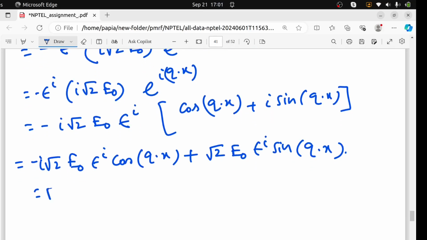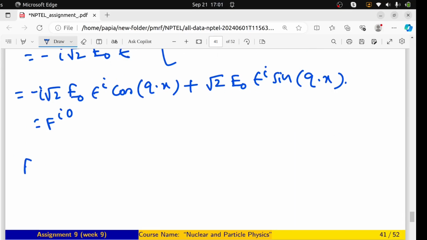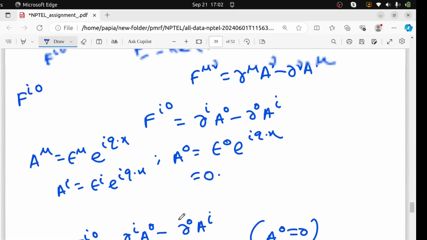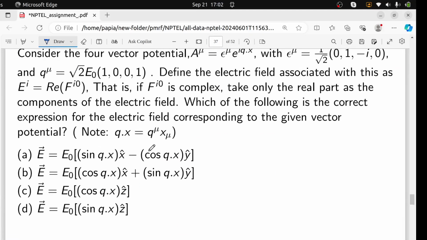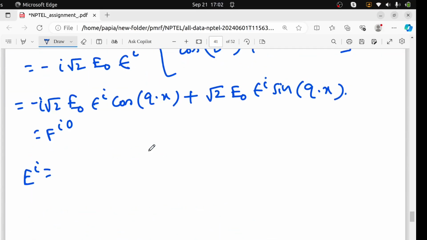This is the expression for fi0. Now what is ei? Ei they have given, you can see from this question as well, ei is real of fi0. So let me write here real of fi0. You can see here in that fi0 expression, this is the real part, this is the complex part. So the real part of